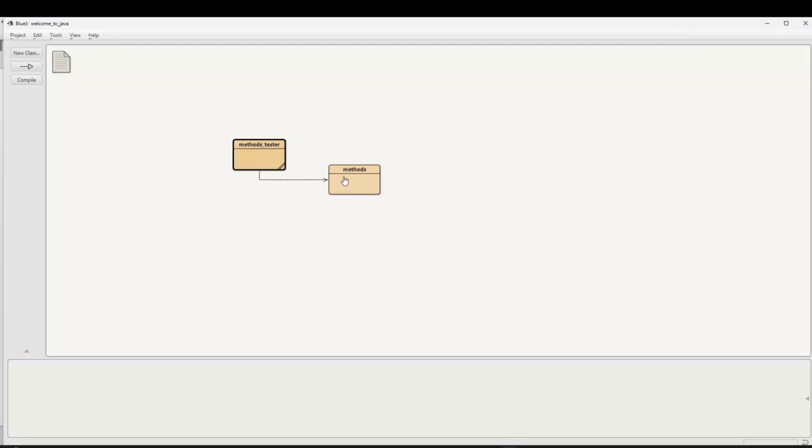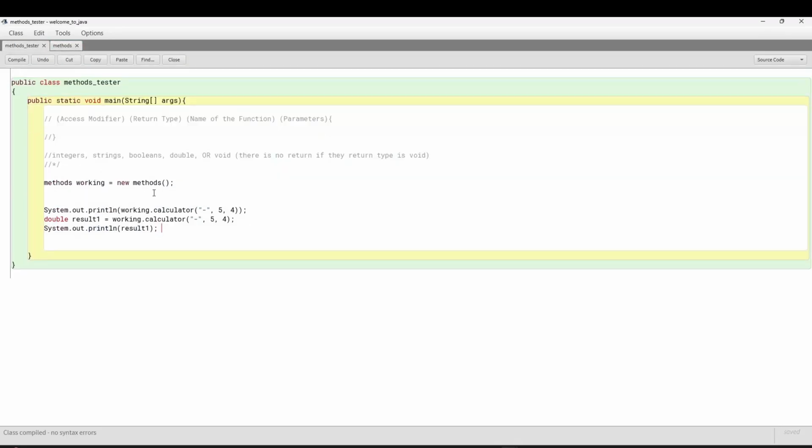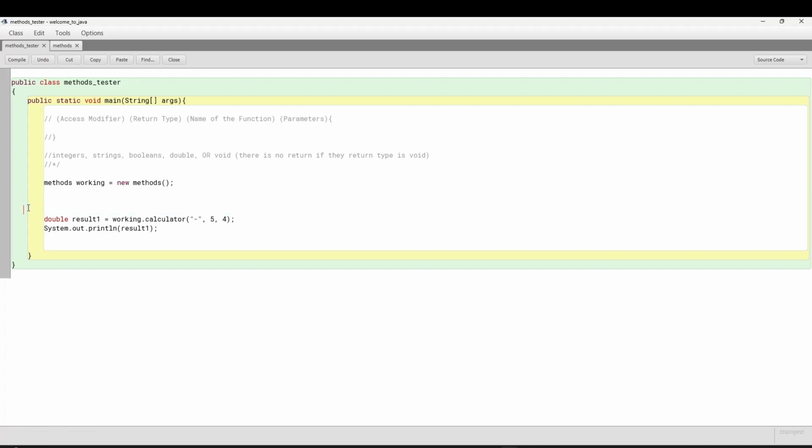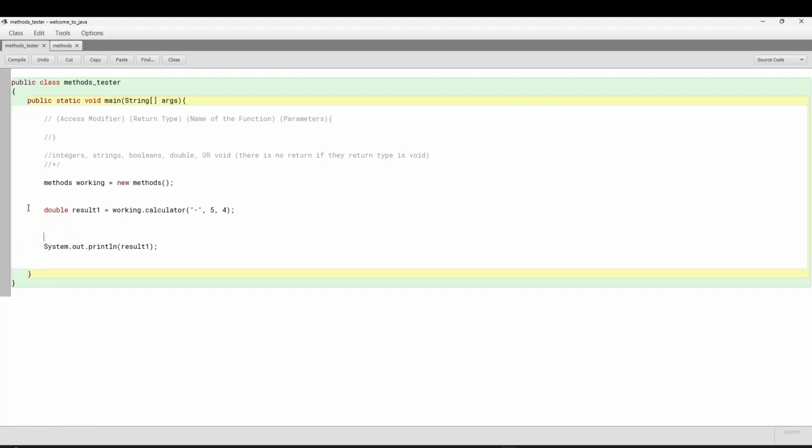So I personally prefer the second method, because it's a lot cleaner to see. So let's call double result 2 as working dot calculator. And then let's say we want to multiply those two. Let's just use 5 and 4,